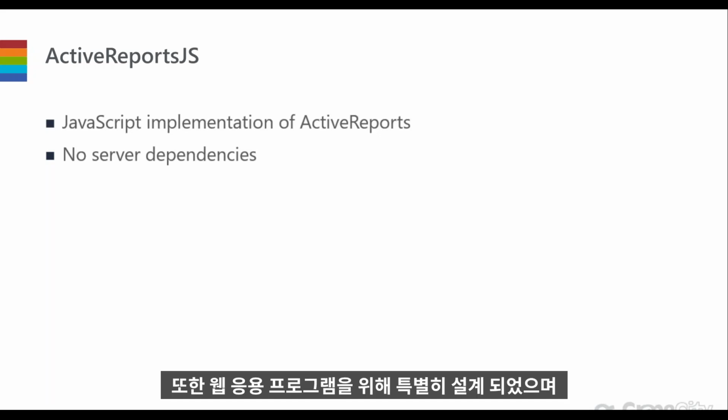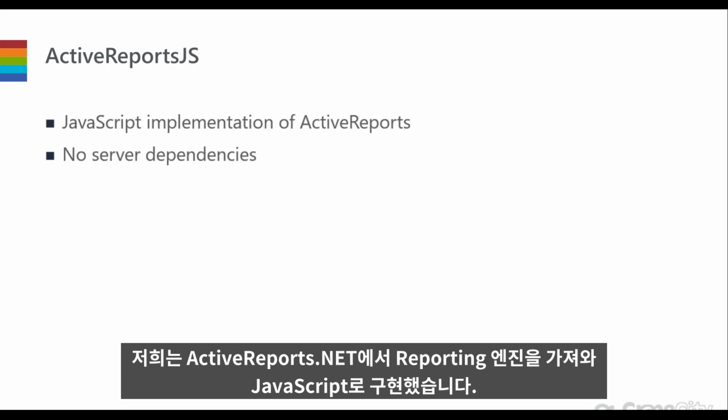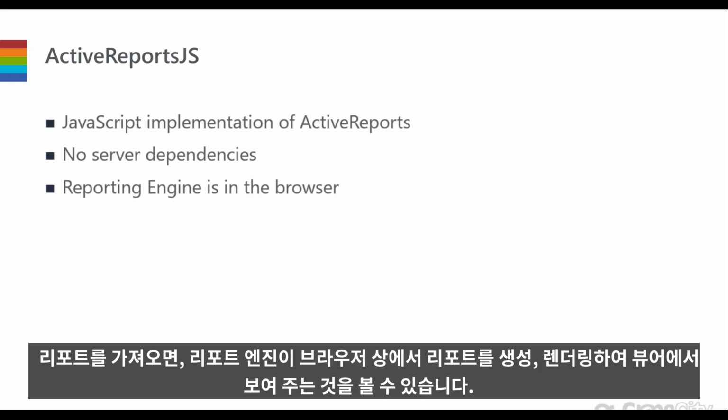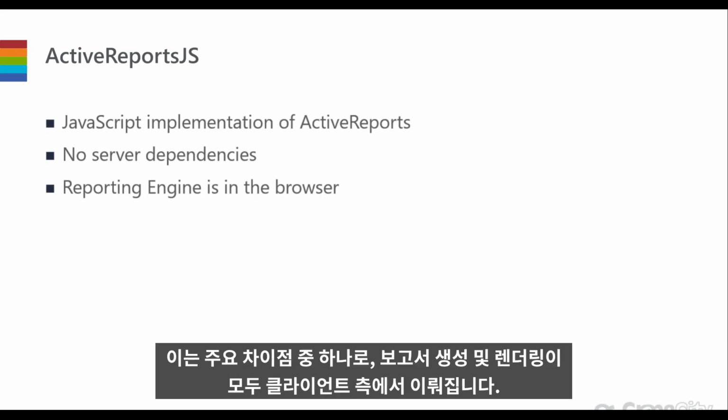It's also designed specifically for web applications, and we took the reporting engine from ActiveReports.net and we implemented it in JavaScript. So what happens is when you take a report and you feed it through the reporting engine, it's generated, rendered, and displayed in the viewer all in the browser. So that's one of the key differences, is that the report generation and rendering is all happening on the client. Now,